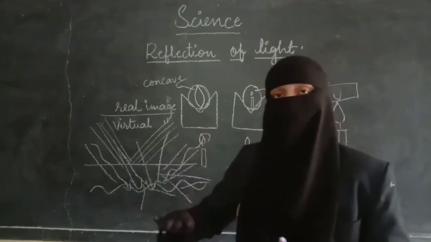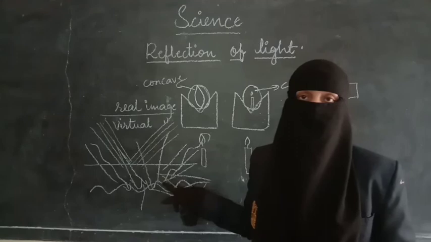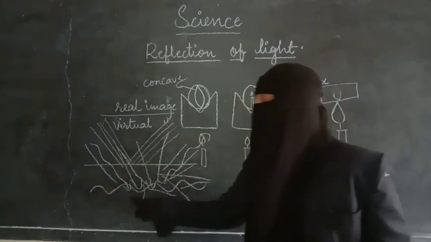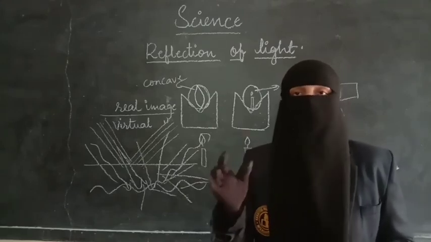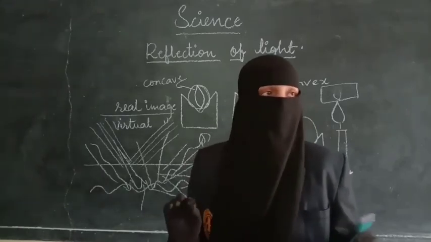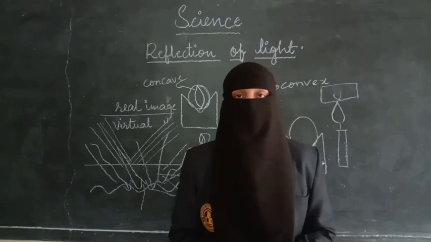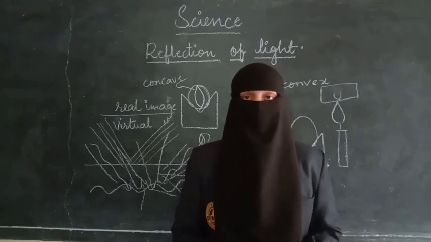If the light falls on a regular surface and the image is clear, then it is called regular reflection. If the light falls on an irregular surface and your image is not clear, then the reflection is called irregular reflection. In our day-to-day life, we can find regular and irregular reflections as well. So try to find out where you find irregular reflections.